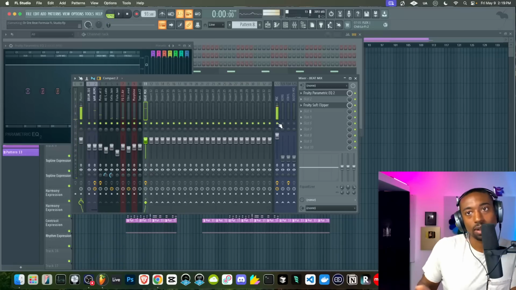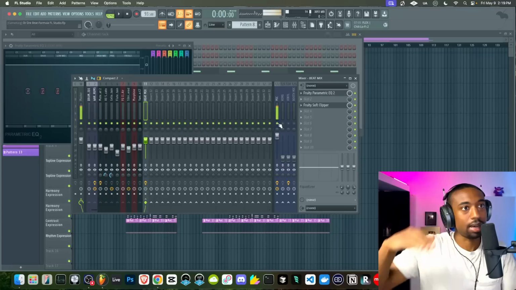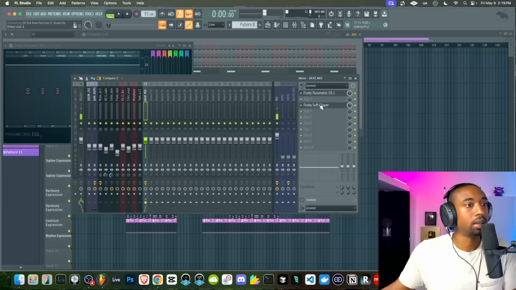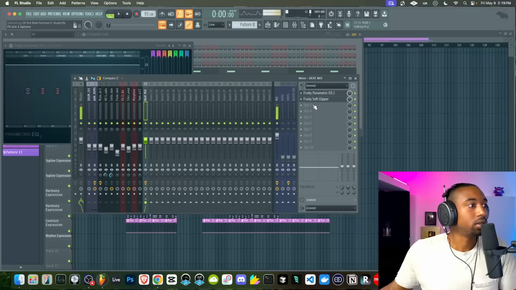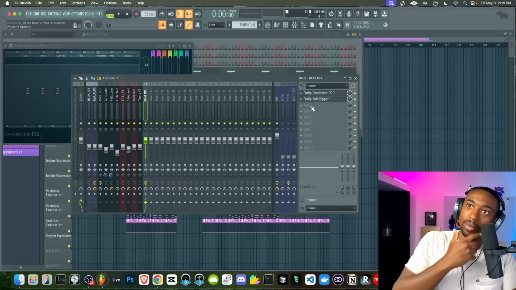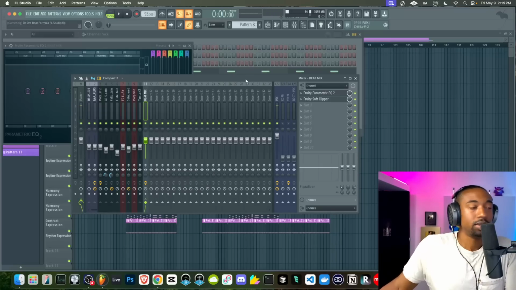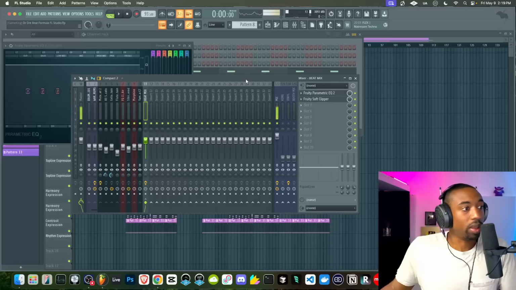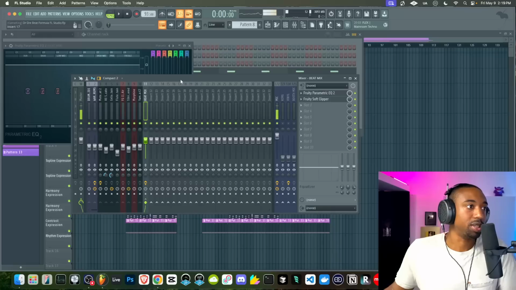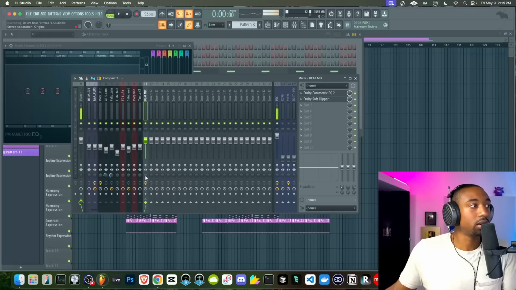So it sacrificed a little bit of low end for more high end density, in my opinion. Okay, so now that we have those two, that pretty much is the identity of the track. And now we're just working on little things like tone or the width of the track, which there is no good plugin, in my opinion, for stereo imaging in FL Studio stock plugins, but we could widen the track technically with this stereo separation knob,